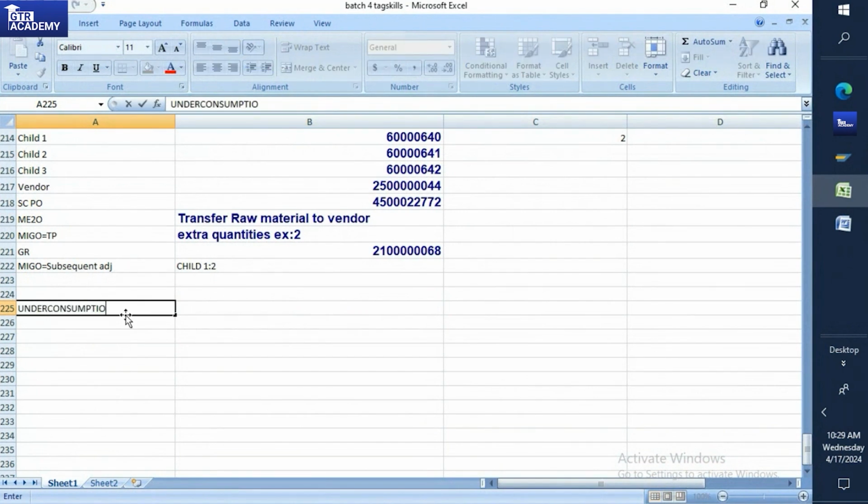Here also you can perform by using the 542 movement type. So whatever under consumption materials are available at the vendor, we can take that material back to our inventory by using the 542 movement type. Okay. The scrap material in the under consumption also, it will come into picture. So under consumption, we can add the under consumption, sorry, instead of scrap,